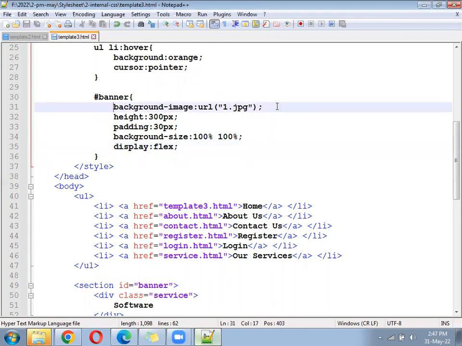This is the line for how to set the background as a photo: background-image, colon, url. In that, if we pass the photo URL, it will become the background of your photo.